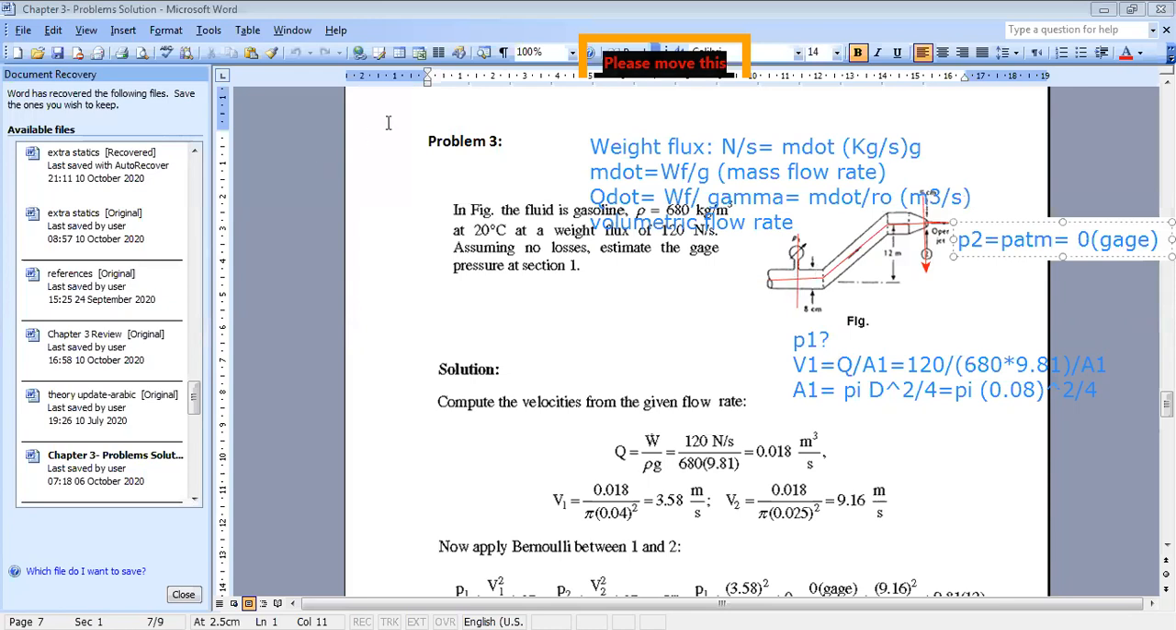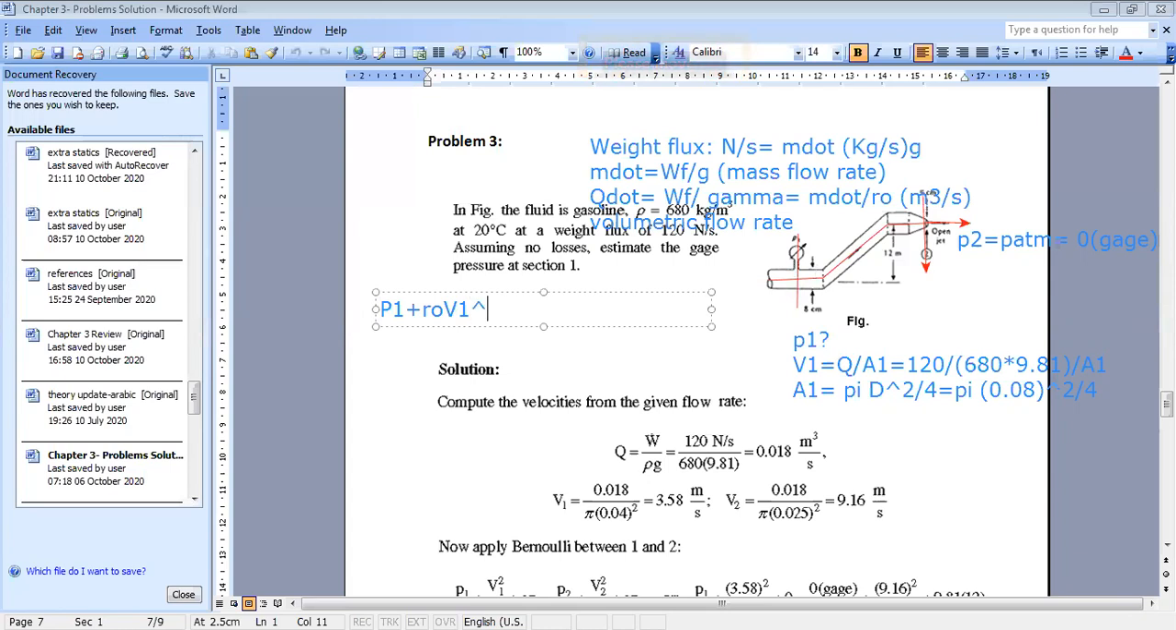So applying Bernoulli equation, you can say that P1 plus rho V1 squared over 2 plus rho g Z1, okay, equals to